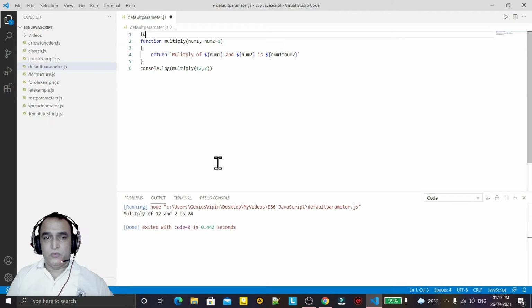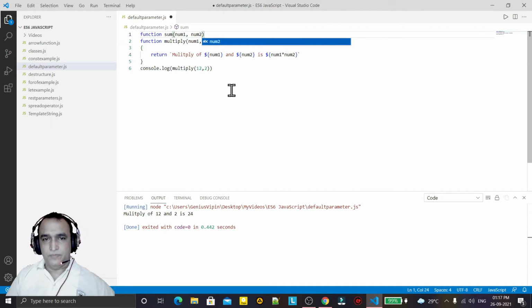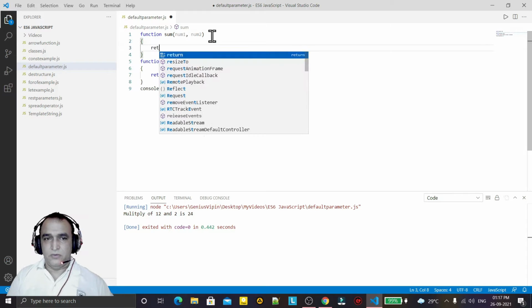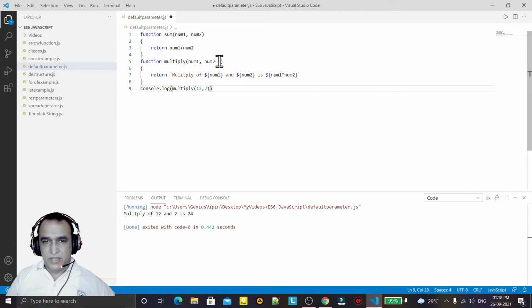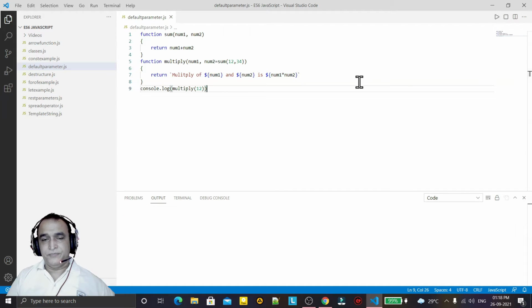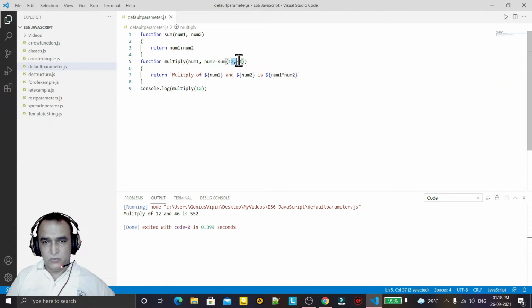One more thing we can do: we can create one more method like sum, with num1 and num2, and I return the value, for example num1 plus num2, like this. So I can pass this function here also, with whatever values I want to pass. So in place of a default value, I can pass a function also. And if I forget to pass this value, for example, and I run it again, then automatically this value will pass to this num2,